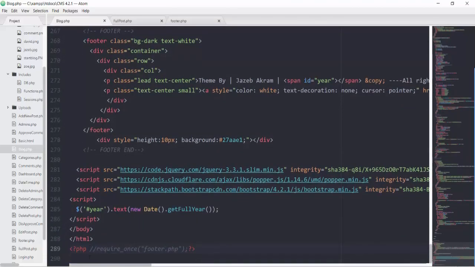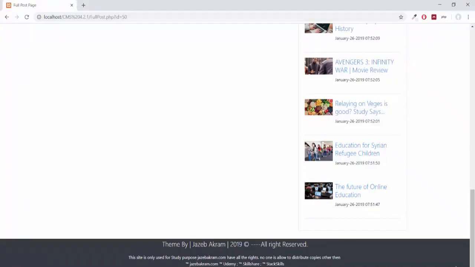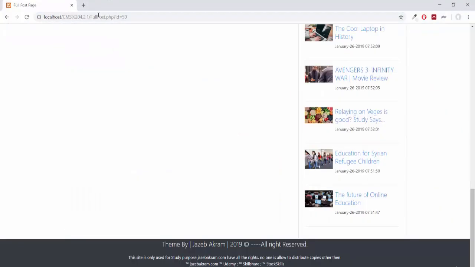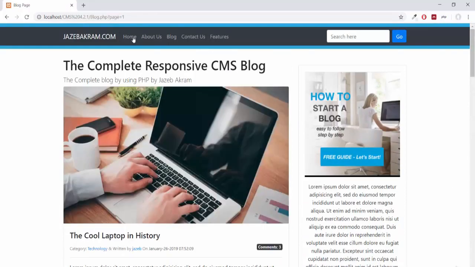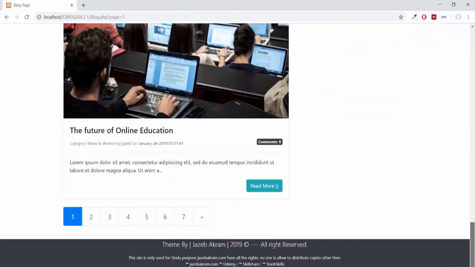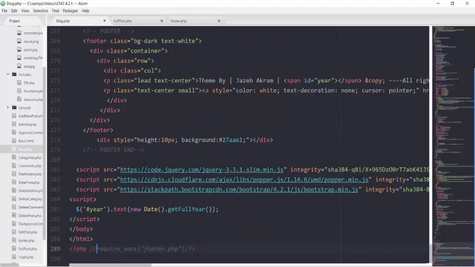So let's refresh our page of full post and also our page of blog. So we have everything in the older format. So you can apply this code organization to have less code in your main area.